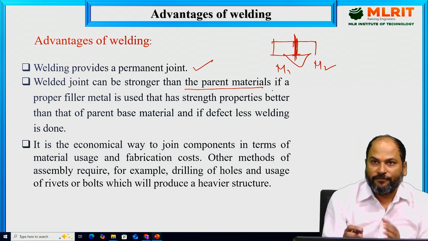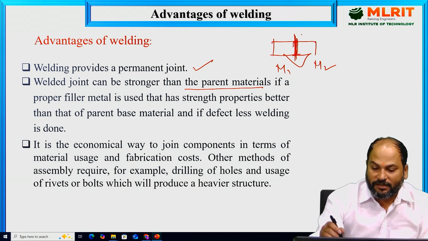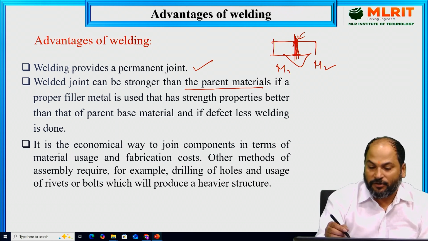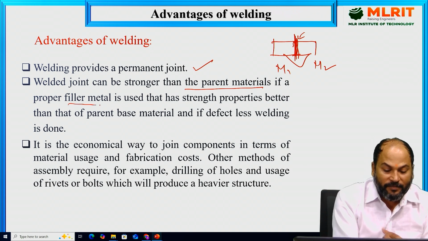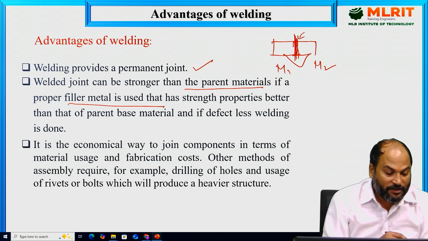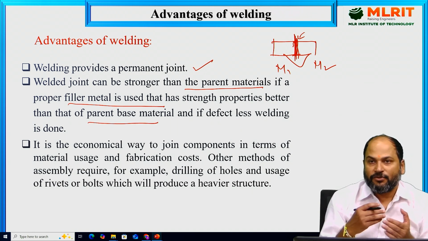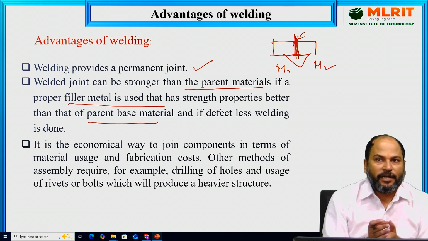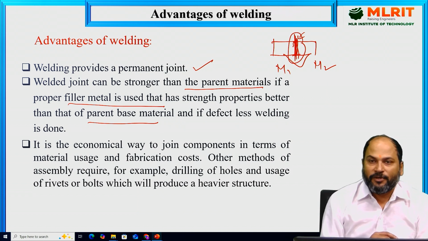In some cases, if all the parameters and everything are kept properly, the strength of the part where these two parts have been joined together is generally stronger as compared to the base metal. So that had been written: the parent materials, if the proper filler metal is used, the strength property is better than the parent metal, and defectless welding means if there is no defect, everything, all the parameters in the process, has been followed properly. So in many cases the strength of the joint part will be more as compared